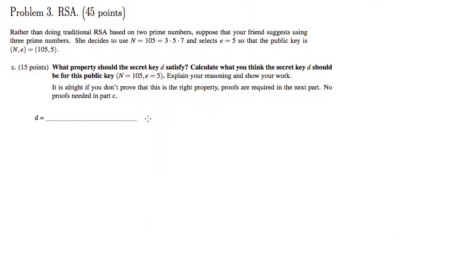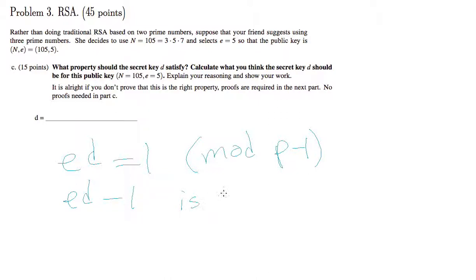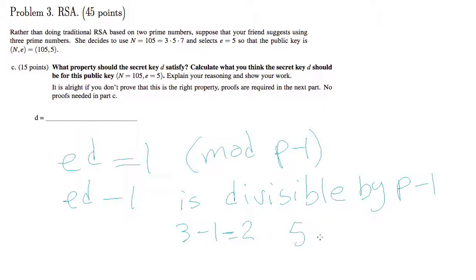Now, to say that ed equals 1 mod p minus 1 for every prime factor p of n is the same as saying that ed minus 1 is divisible by p minus 1. This should be true for every prime number p which is a factor of n, right? So in this case, we want ed minus 1 to be divisible by 2, which is 3 minus 1. We also want it to be divisible by 5 minus 1, which is 4. And we also want it to be divisible by 7 minus 1,